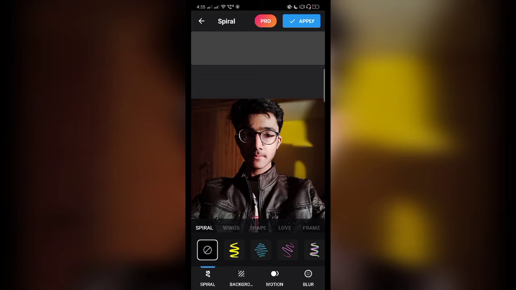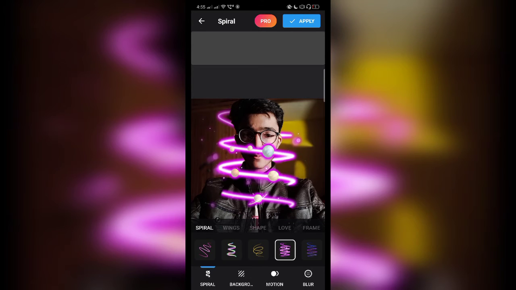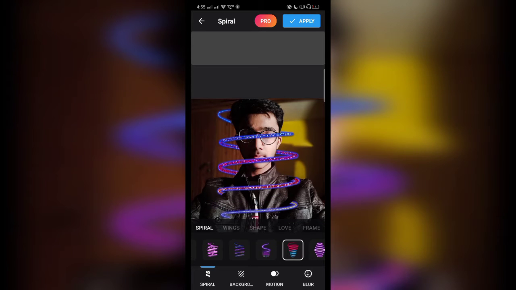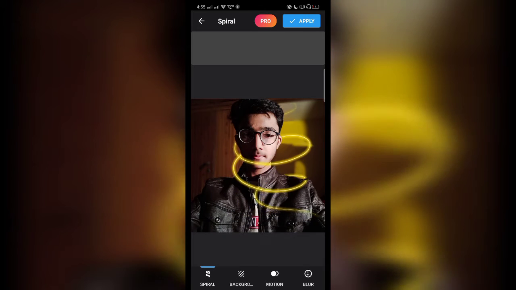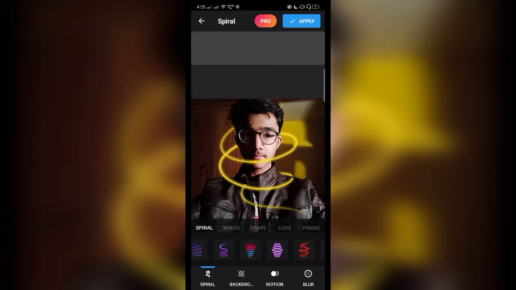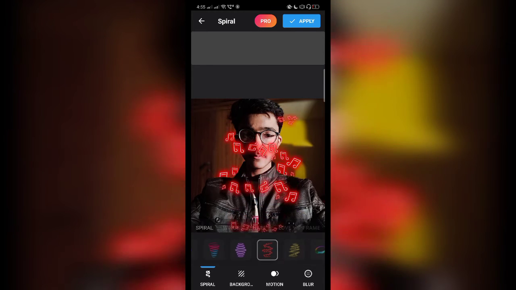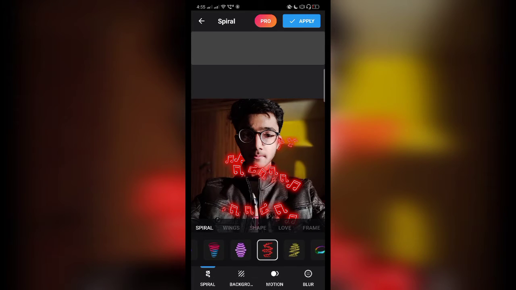As you can see, there are a lot of spirals and you can adjust them, and you do not need any pro version or to pay. All the modes are just free, so it looks nice, and you don't have to erase anything. It just automatically adjusts like this, as you can see. I would like this one too in my photo. And let me adjust it. You can adjust it in whatever way you want to. So yeah, now it is looking nice, I think.